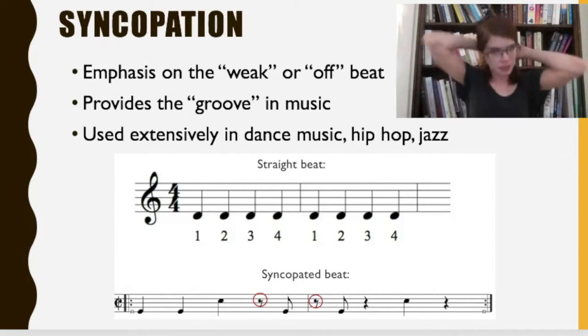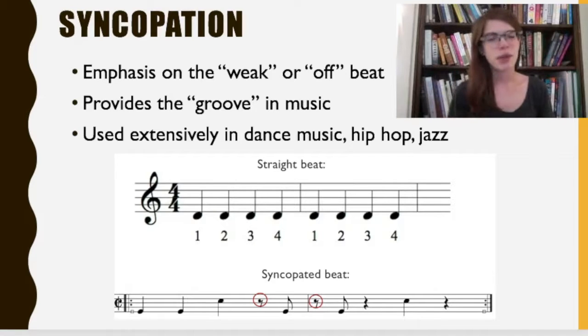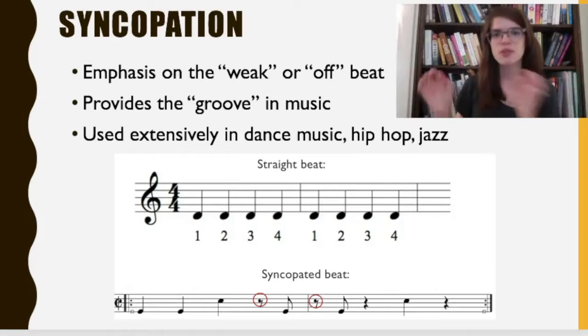So one important element of this is syncopation, another term you may be familiar with already, but this is emphasizing the spaces in between the straight beat. So the metronome that we were listening to, what I'm clapping right now, we'll refer to that as the straight beat. It's not very exciting, but it's what helps us keep time. But it's what happens in between each one of my claps that makes music interesting, that makes you want to move along to it. So we'll call the space in between those beats the weak beat or the off beat,